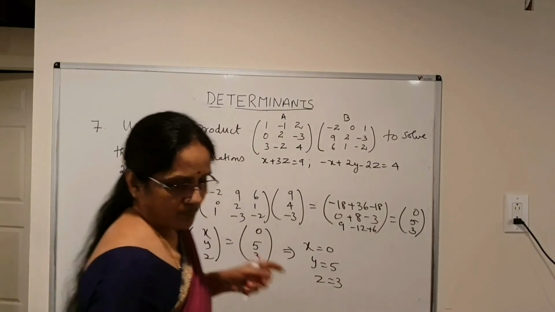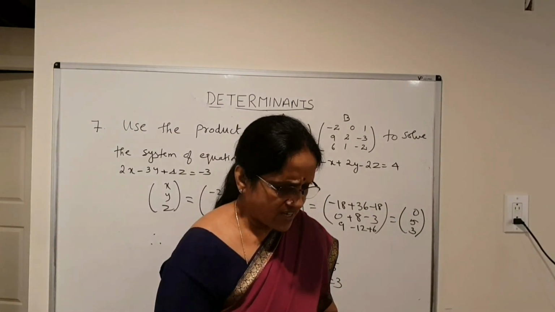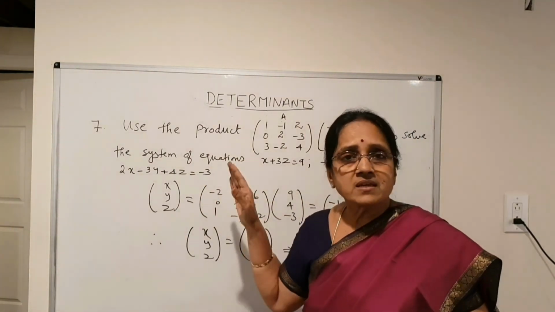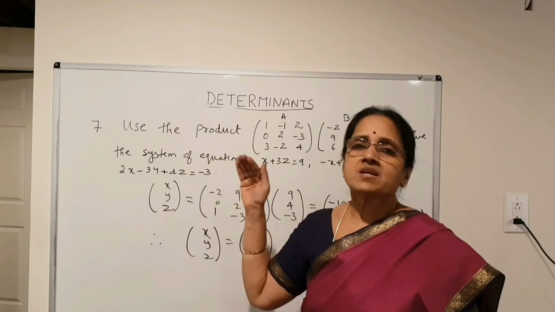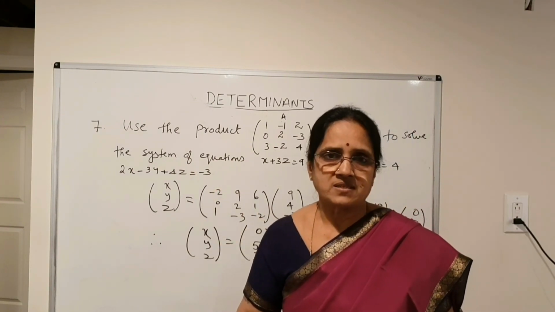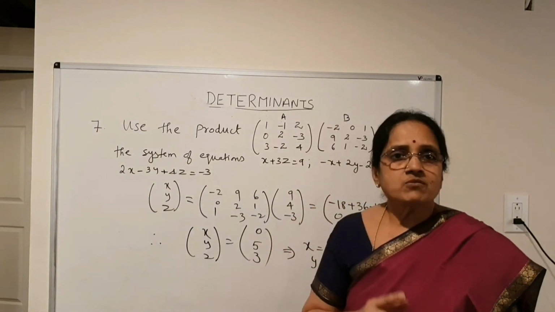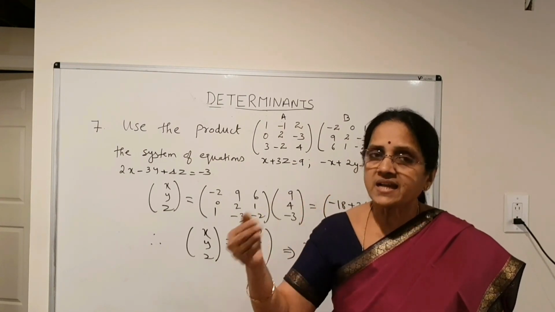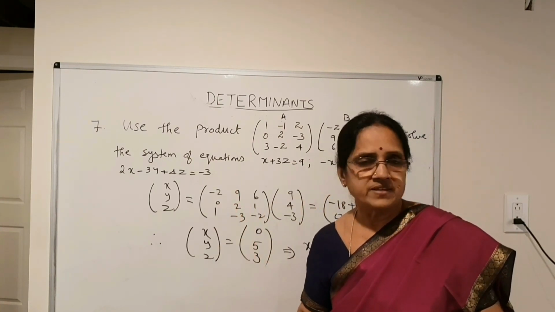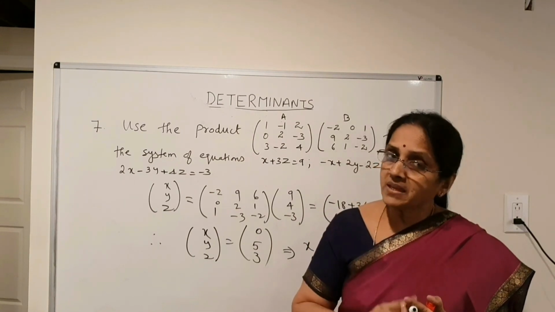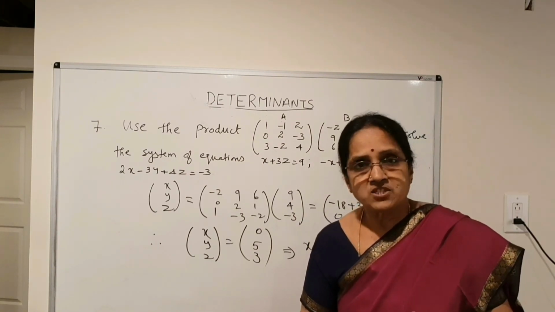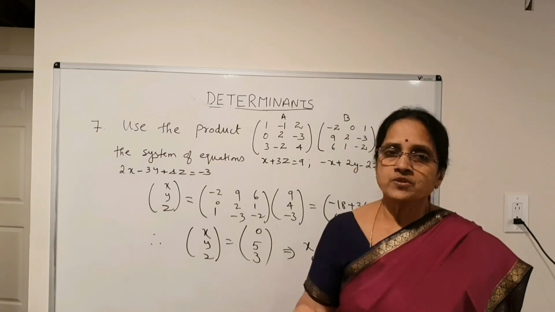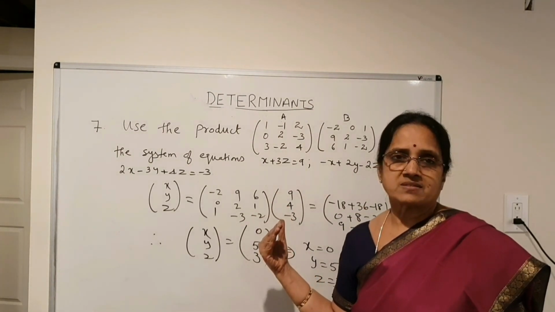And now, I would like to just recall the types we did in today's class. The first type is, they may give 3 equations and using the matrix method, you need to solve the equations. Then, they may give the matrix A, they will ask you to find out A inverse, then using that A inverse, you need to solve the system of linear equations. Then, they may give you matrix A and matrix B. They'll ask you to find out the product AB. Using that product, you need to solve the given system of equations.